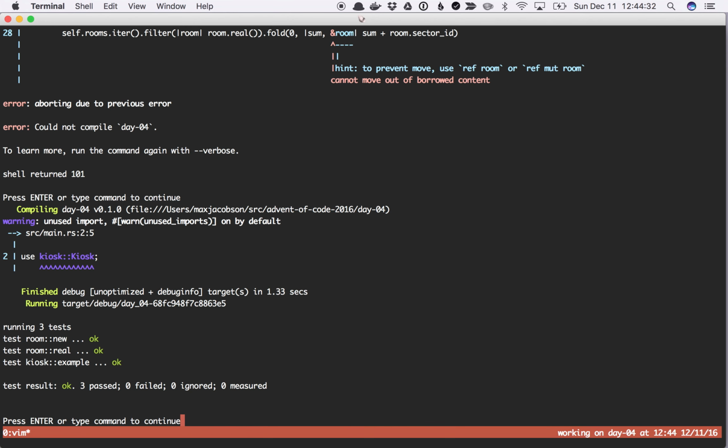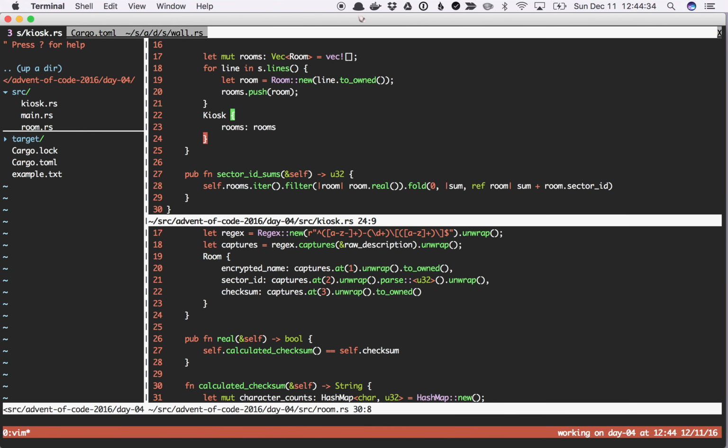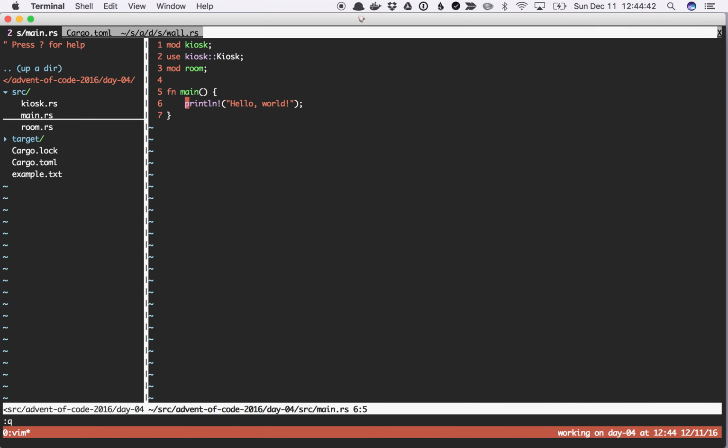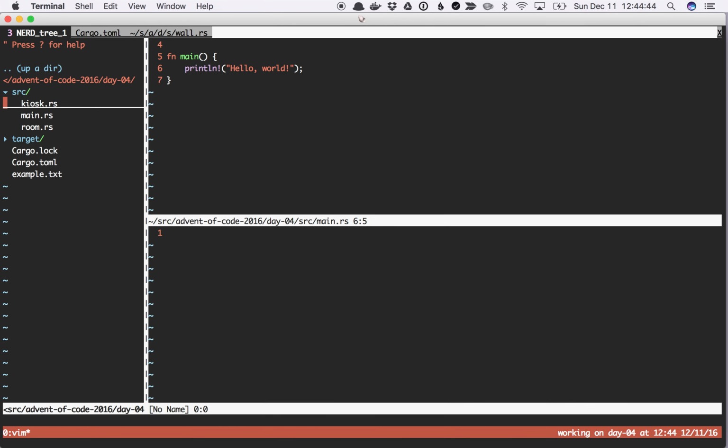So our tests are passing. In source main, we're not referencing kiosk anymore. That's okay. So our tests are passing. So now what I want to do is